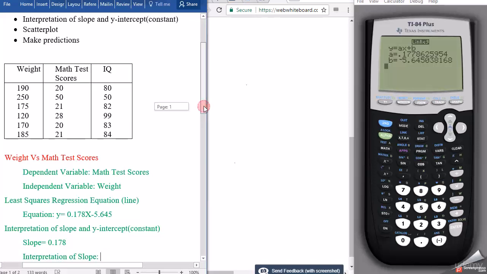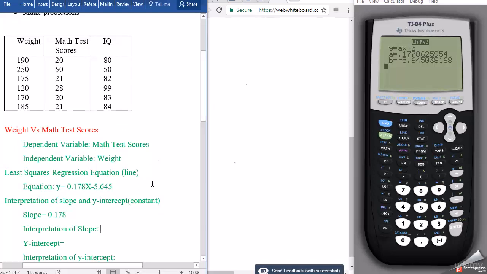generally is talking about the average increase or change in the dependent variable as the independent variable changes by one unit. Well, to do this more effectively, weight, I suppose we measure in pounds. Math test scores, maybe it's a raw score, highest being 50. This is not a percent. So what we are saying is to